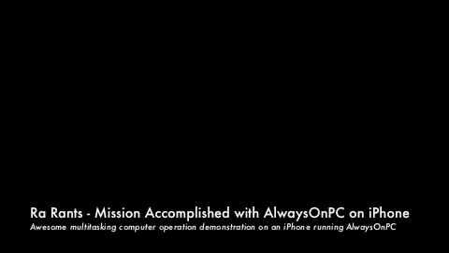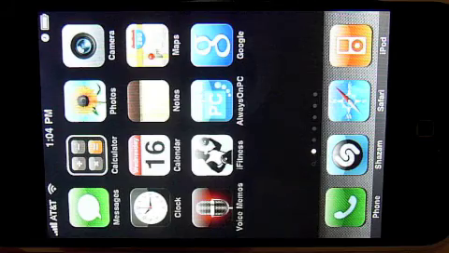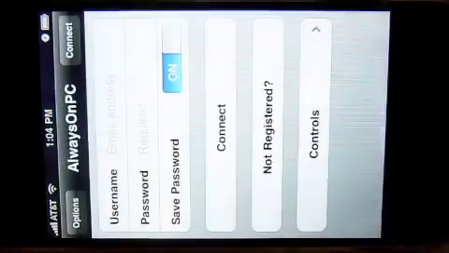So I'm out at a restaurant with friends, and all of a sudden I get an urgent call from my boss, who's on his way to a big meeting and is having problems editing a Word document and then sending the attachment, so there's a little thumbnail image next to the file in Gmail. I tell him not to worry, I can take care of that right now through my Always On PC on the iPhone. So I go to my Always On PC,